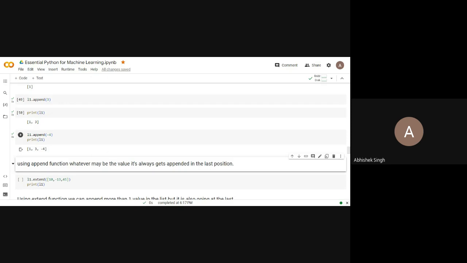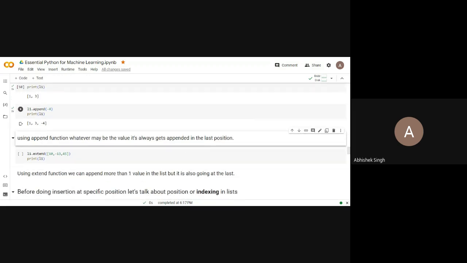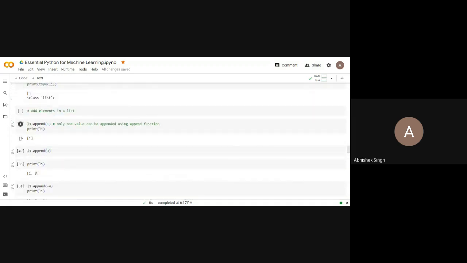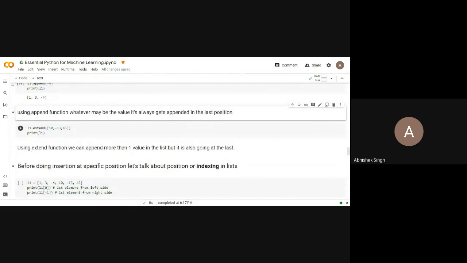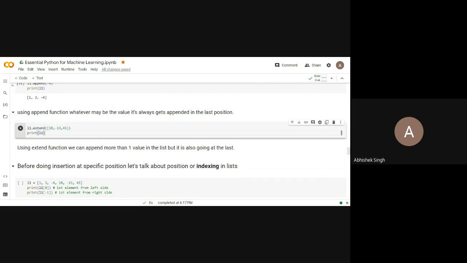It's not that -4 is smaller, so it will come before 1. When you append any value, it just goes to the last position of the list. Also, you can only append one value at a time. To overcome this, we have the extend function. Now you can pass an entire list as a parameter to this extend function.